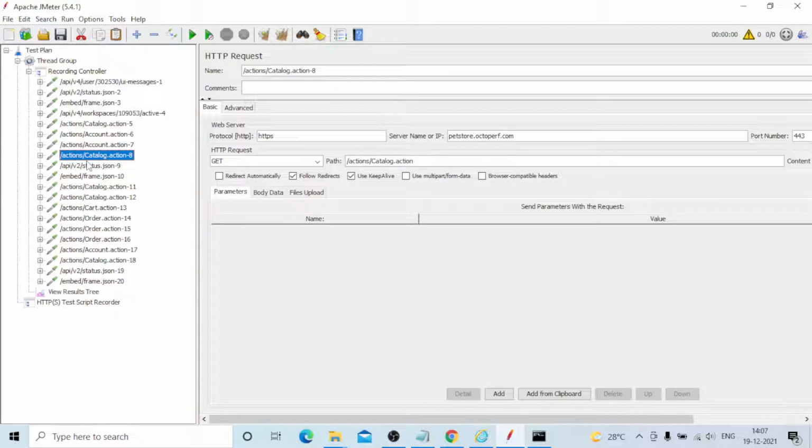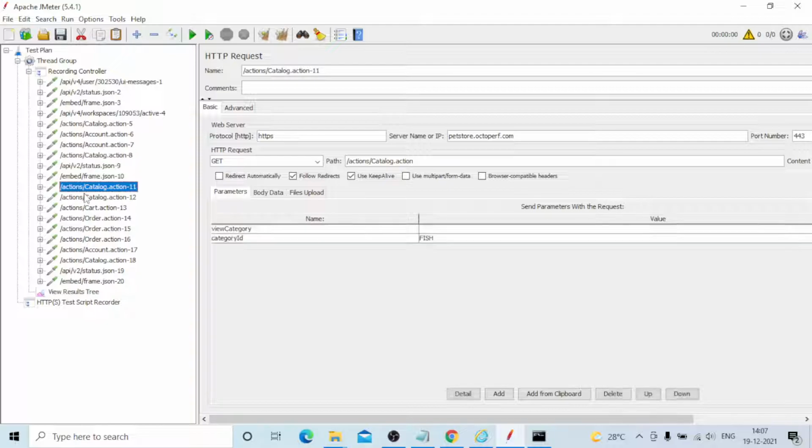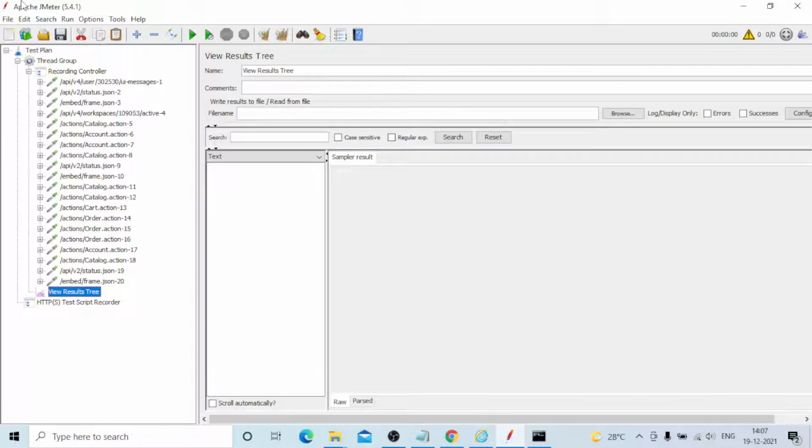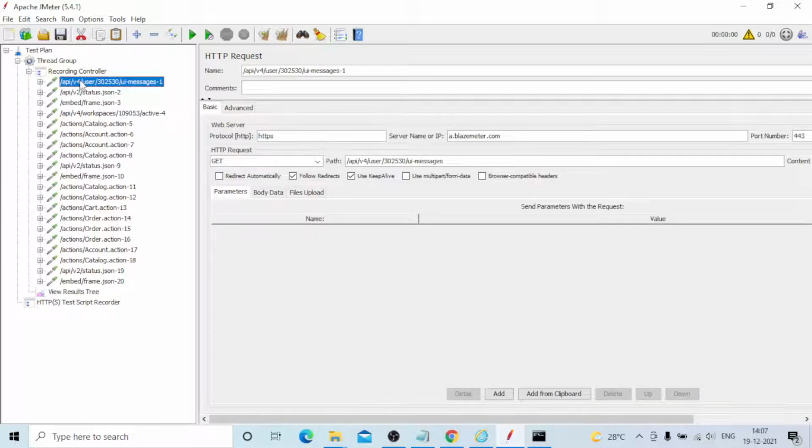Okay, now I am checking whether all the requests are our requests or not. You need to check it, guys. First, click on the first request. You can see blazemeter.com.